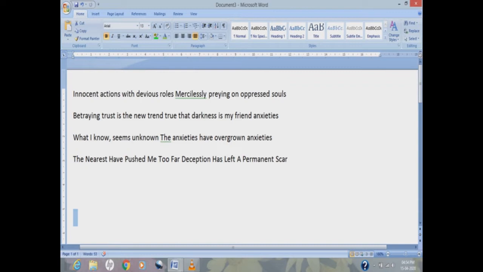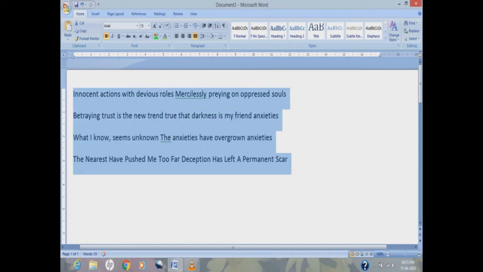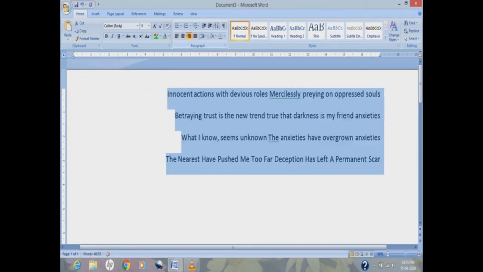So we have some text on the screen. If we want to align these lines, simply select all these lines and come to the alignment options at the top. Already it is left aligned, so I am going to do it right aligned, number 3 option. If I click on it, just see every line of text moves toward the right side.